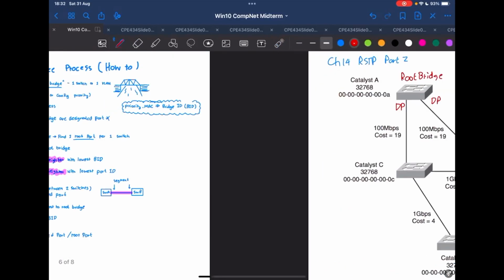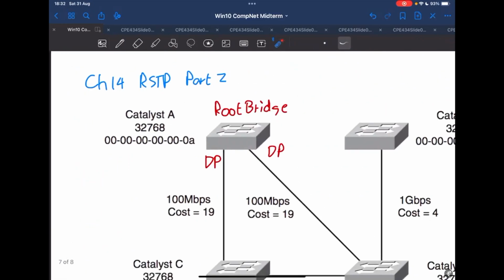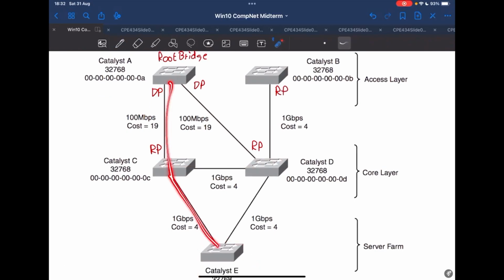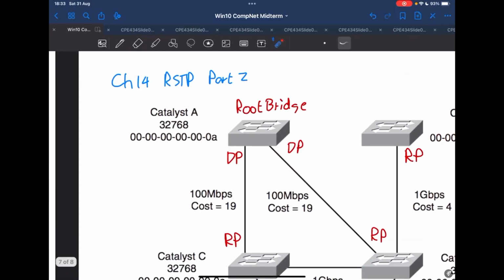Next, the second step says find the root ports by using the least cost to the root bridge. Let's look at C first: C is this one, so this one becomes the root port. Let's look at D: if D goes this way, it's a cost of 4 plus 19, which is 23, not just 19, so this one becomes the root port. What about B? There's only one link, so this one becomes the root port because it's the closest. Let's look at E: this way is 4 plus 9, and that way is also 4 plus 9, oh, it's the same. Okay, so we check this cost and can't skip past it. Next one is connecting port with the lowest BID, so its neighbor